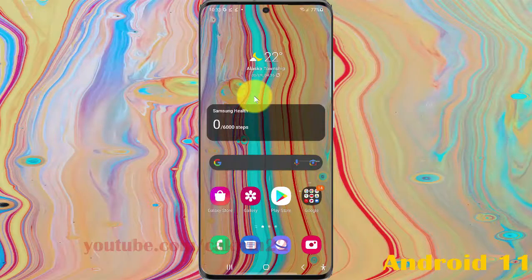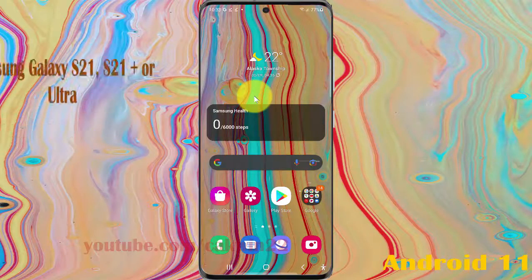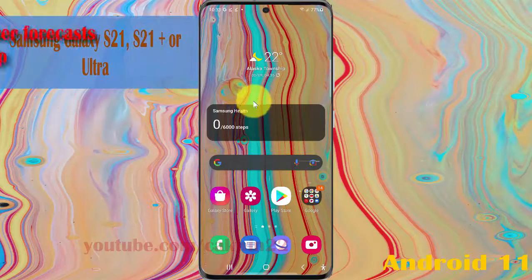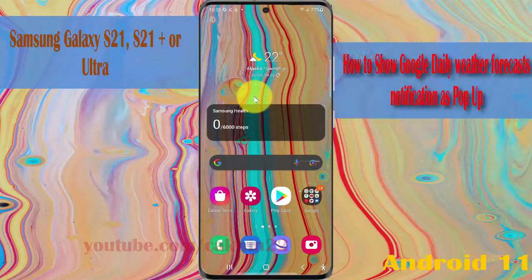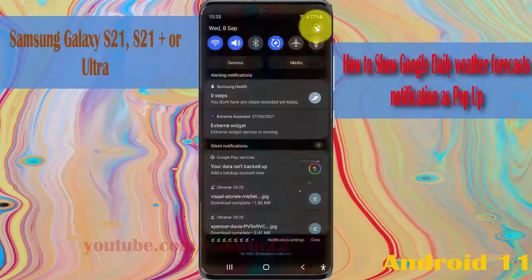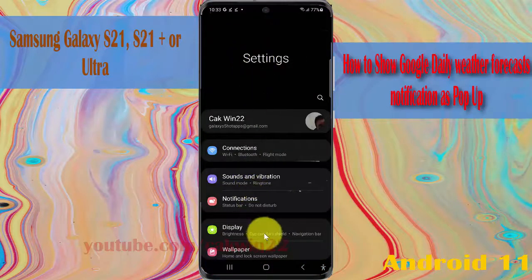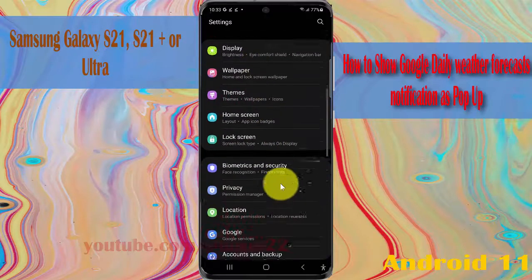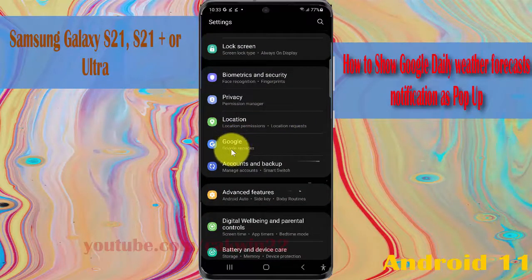To show Google Daily Weather Forecast notification as pop-up in Samsung Galaxy S21, S21 Plus or S21 Ultra, open settings, swipe the notification panel, and then tap settings icon, scroll down settings screen, find Google, and then tap Google services,